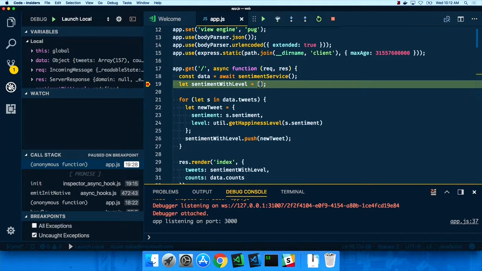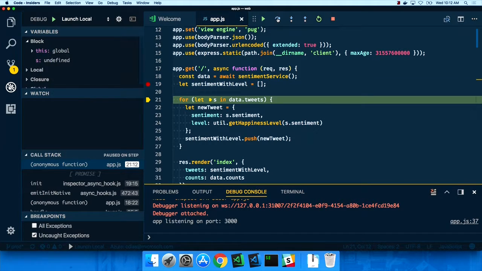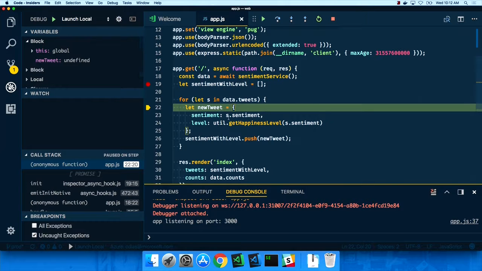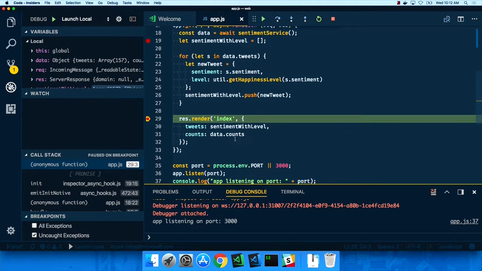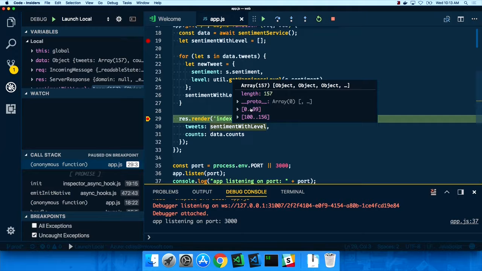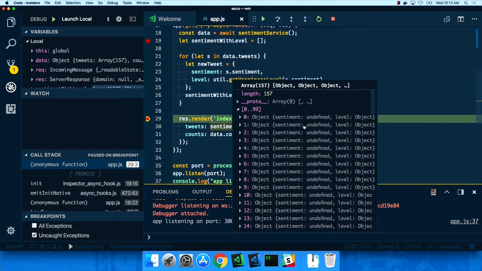And I can do everything that you expect. I can step over, step into multi-line statements. I can hover over and see what variables are. I can set another breakpoint, and I can just press run, and we'll run all the way down here. And we get down to the bottom where we're rendering this page. I can drill in. I get a hover tip. I can see that I've got basically a bunch of undefined objects in my application. Right? Debugging is awesome. I can figure out flow control, but understanding what's going on there, sometimes I need a